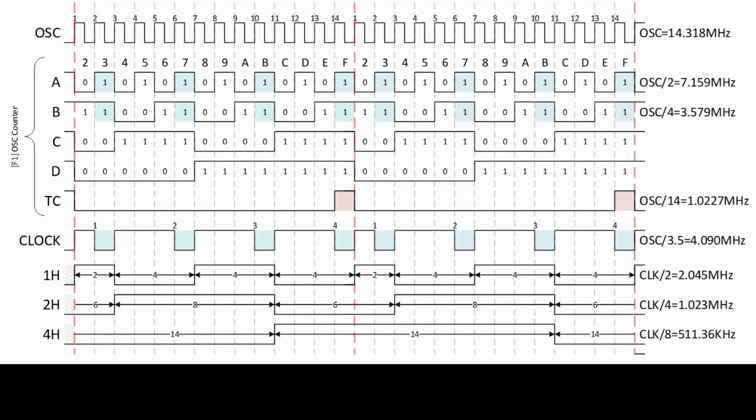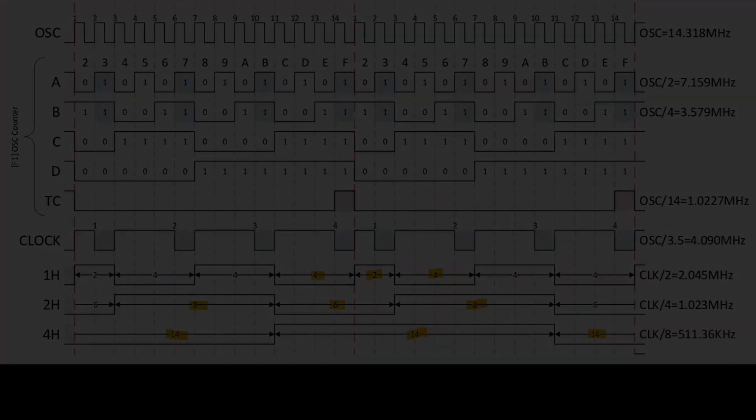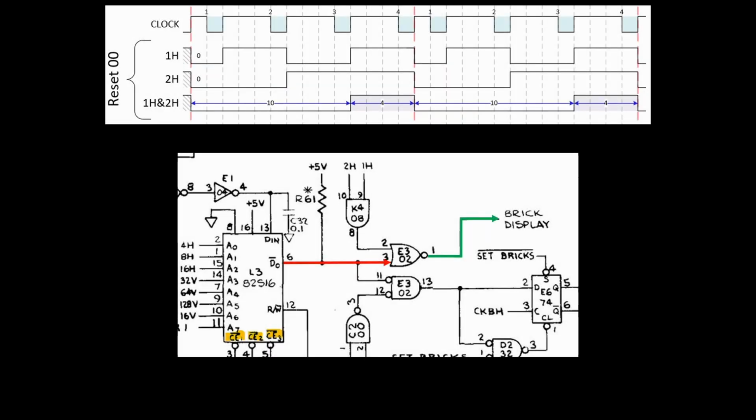In part 5, I mentioned that there's an interesting artifact of the unbalanced clock line where 1 Henry and 2 Henry transitions are asymmetrical. This happens where the clock line has a double pulse. This anomaly finally becomes symmetrical starting with the 4 Henry counter stage. You can go back to part 5 to see how this strange clock is generated. We just showed how 1 Henry and 2 Henry create the visual row gaps when both are on, and you can see this signal in the waveform here.